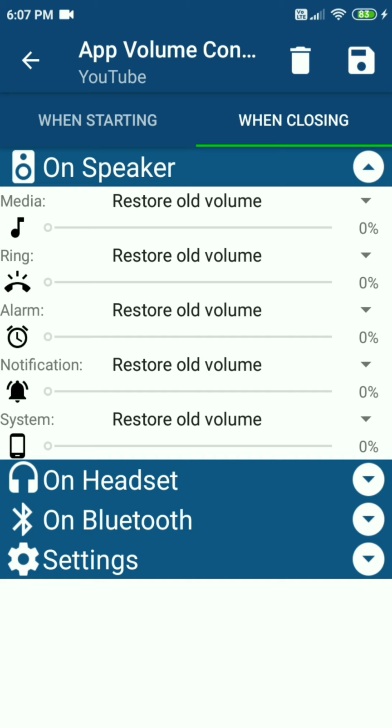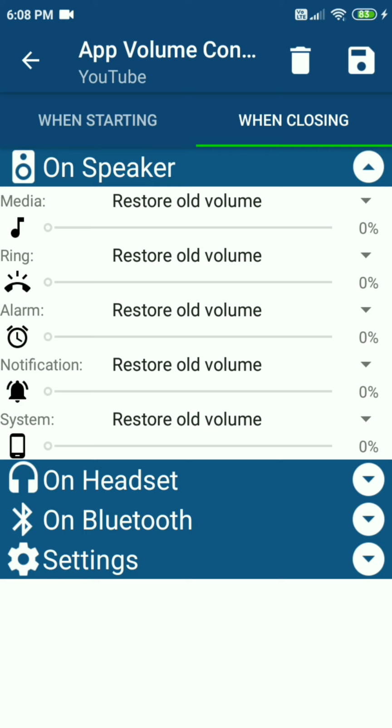That is, how it was initially before opening YouTube, you can restore in that way. So better you put all settings on restore old volume. And in the same way you can do it for headset and Bluetooth settings also. And for delay setting for adjustment, you can do that also.